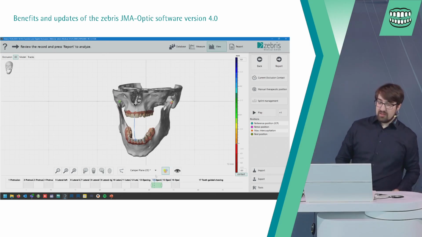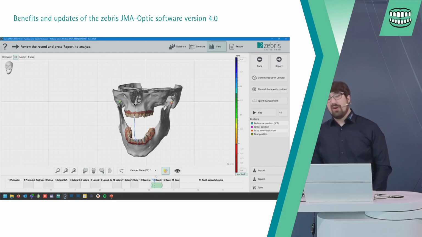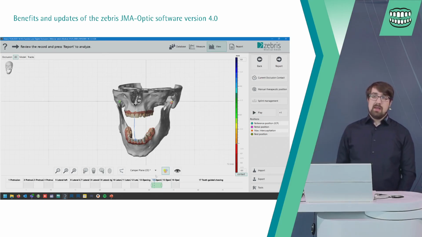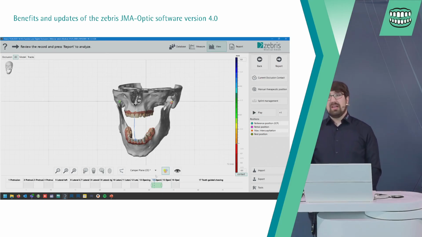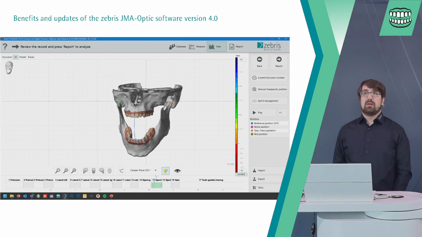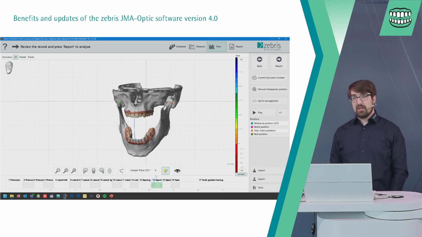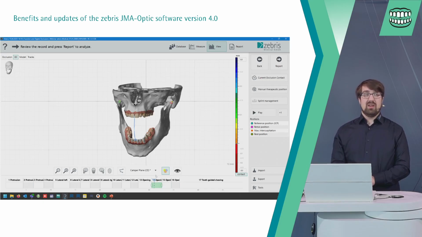Why should we think this is better when we are using the bite optimizer, I think is the question. Intersections we get from movement of the patient during the vestibular scan with our IO scan. So when we capture the side view of our occlusion, and the patient moves, we will get false occlusal contacts in our scan.